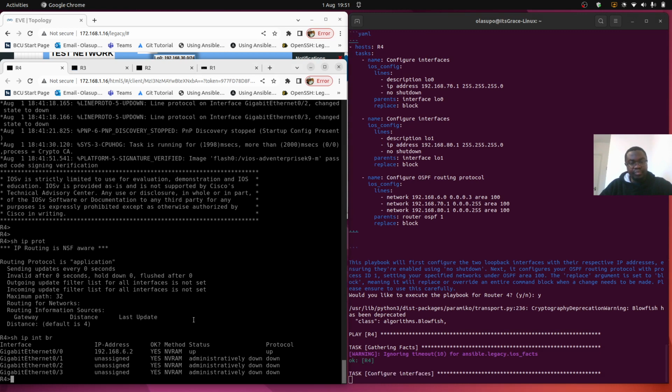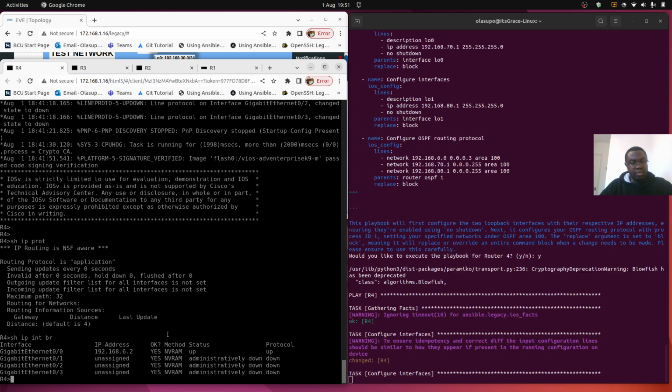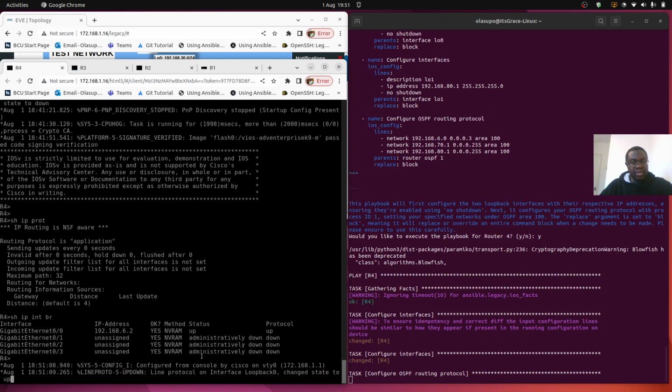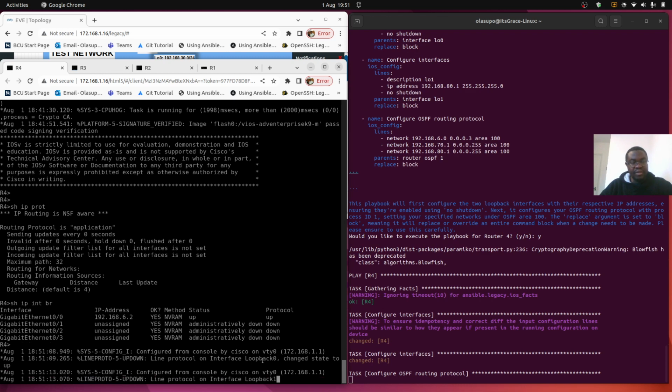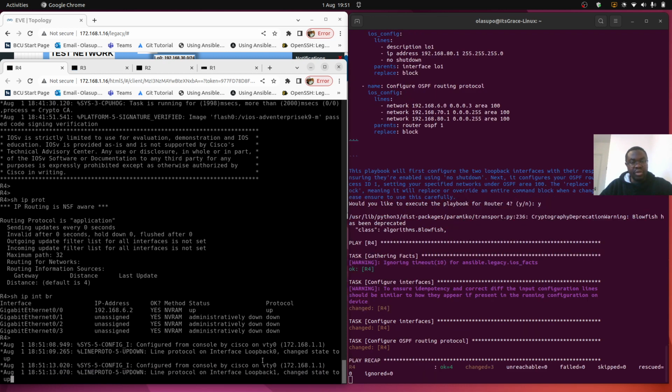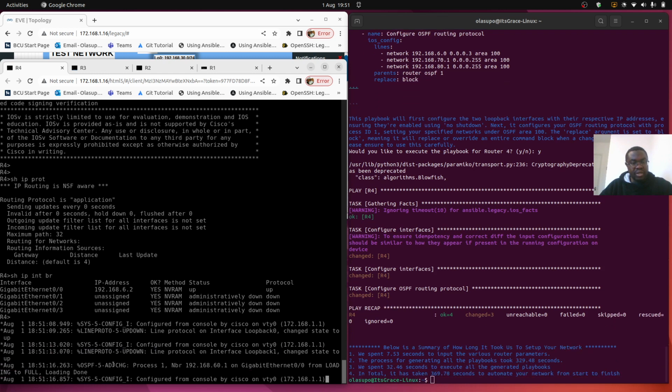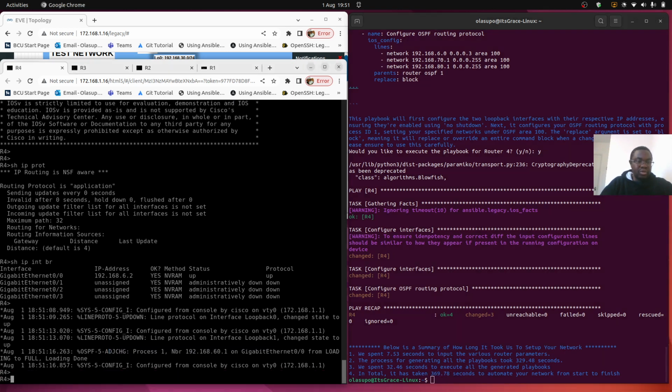First Bubbling logs in and then configures the interfaces, after which it configures the OSPF routing protocol, and we can see that adjacency has been established between R3 and R4, and the whole of this has taken about 369 minutes. So we will now just verify